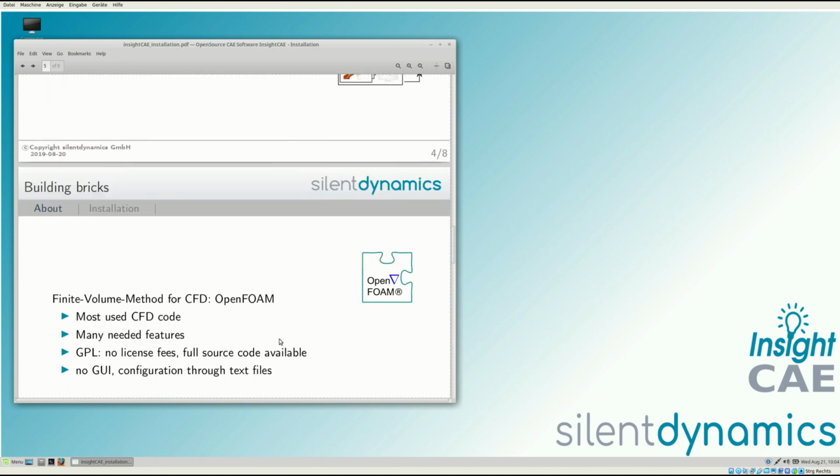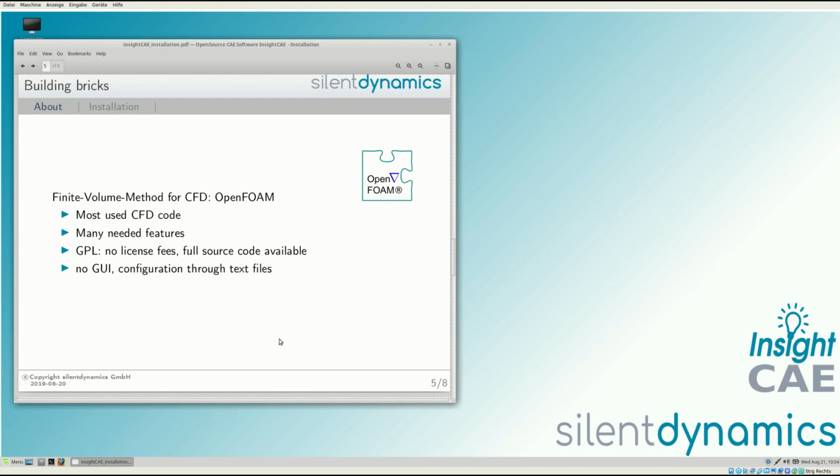For conducting these CFD simulations, we are using the open source code OpenFOAM. This is probably one of the most used CFD codes at the moment. It includes many needed features like GGI interfaces or heat transfer boundary conditions and so on, which we need to conduct these simulations. It comes with a GPL license, so we have no license fees here, which is of course a big